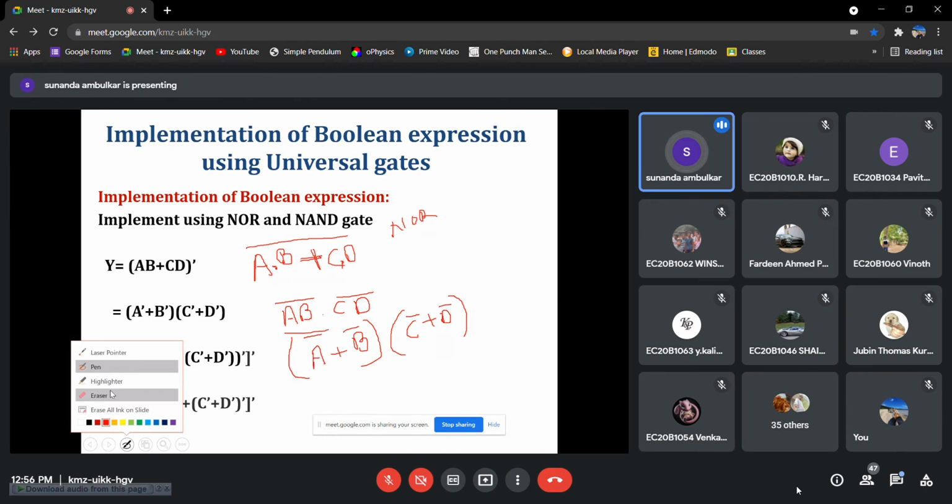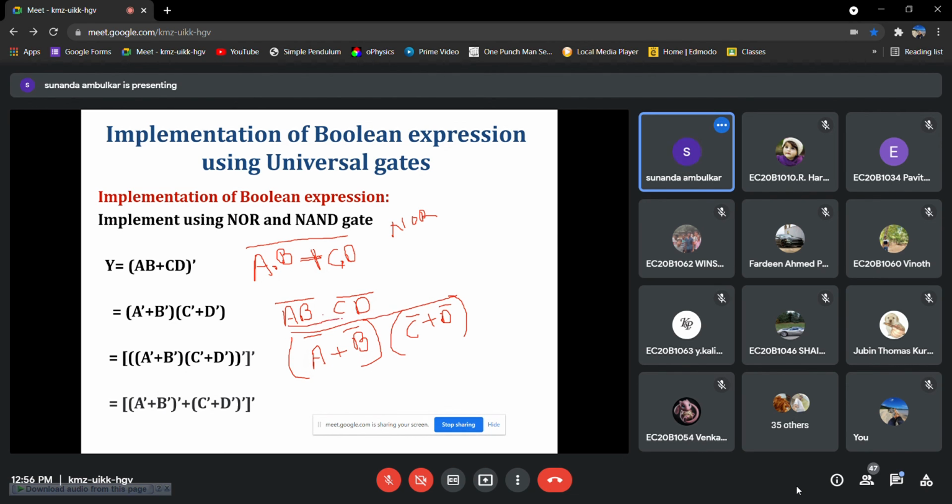Again, we have to apply the theorem which says the complement of the complement is what? It is the term itself. So if we use the two complements here, it will be that term itself. Okay. So we simplify the inside complement, one complemented term. So after simplifying this, what will happen?